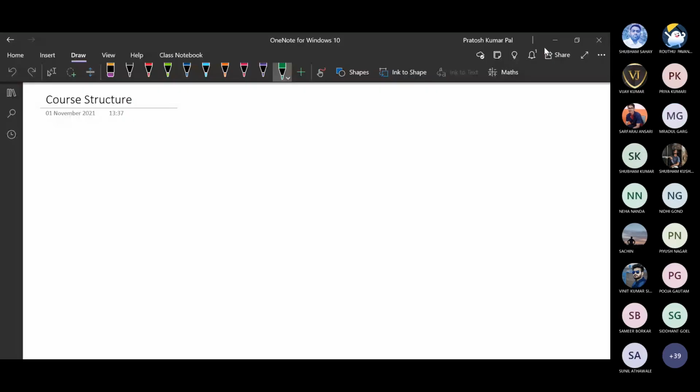Okay, so in the previous class we have gone through the syllabus, like what is the content we will be going with in this course. So basically we will see an overview of what we saw in the last class. The syllabus has 5 units. The first unit is basically about semiconductor physics. Different concepts of semiconductor physics we will be dealing with.